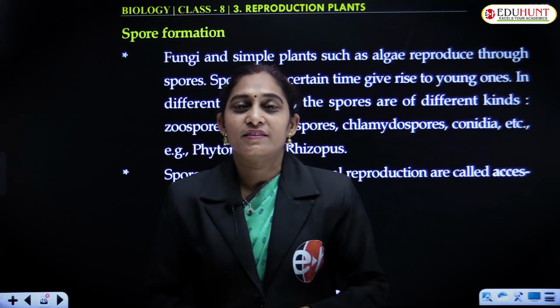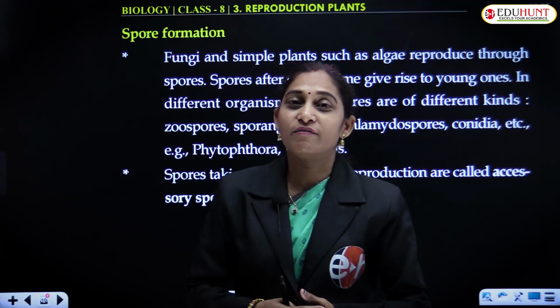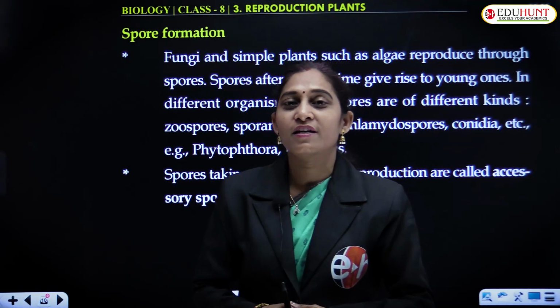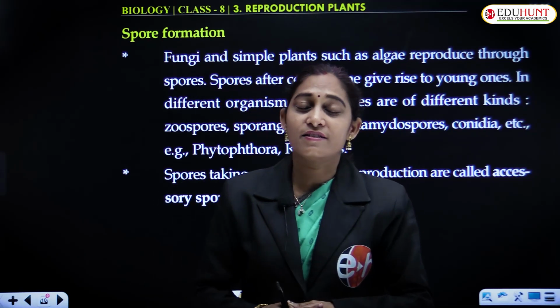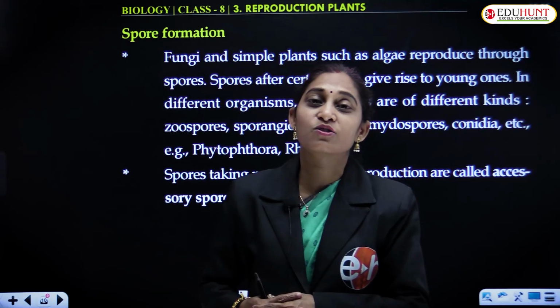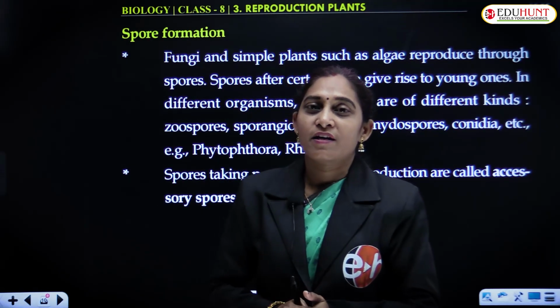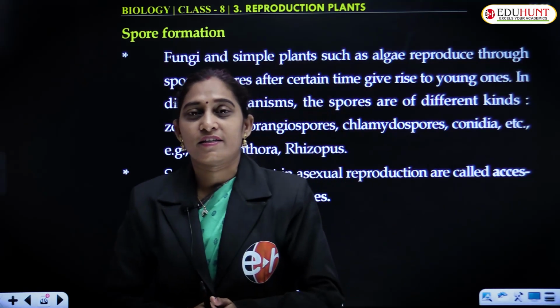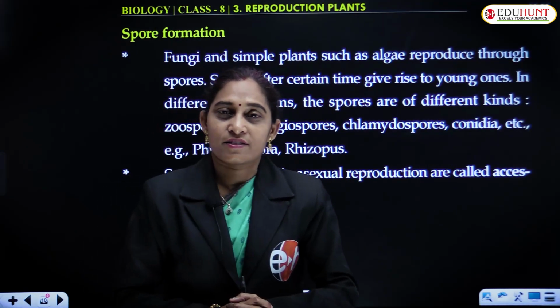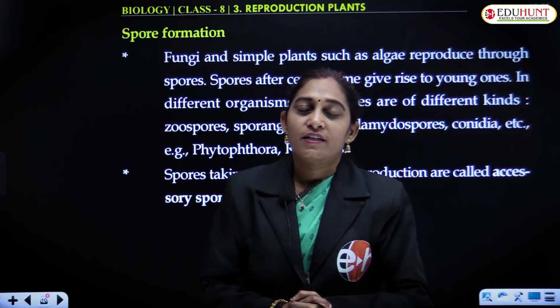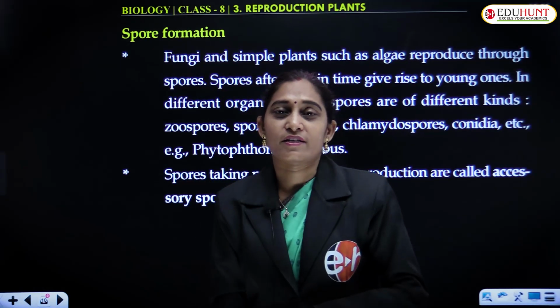The process of multiplication of an individual is said to be reproduction, and there are various modes. Especially we categorize the modes of reproduction into two types. One is asexual and the second sexual, and we are dealing with asexual reproduction, and some part of asexual reproduction